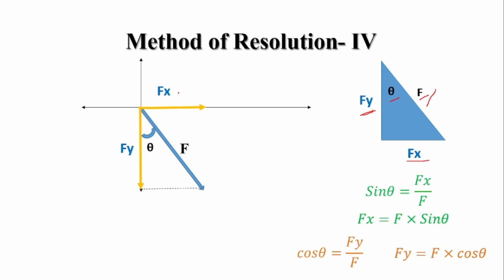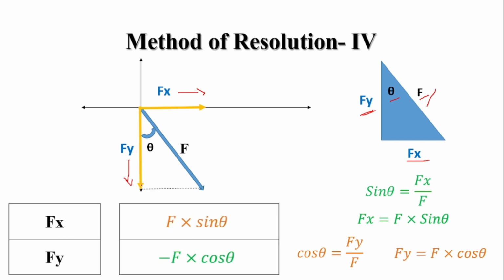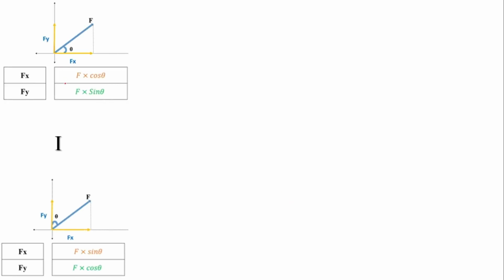Now think about the sign. This is towards right, so positive. This is downward, so negative. So Fx is positive and Fy is negative. Now we'll summarize. For the first quadrant, the values of Fx and Fy for both the combinations of theta are shown here. You can observe that the only change is cos is replaced by sin and sin is replaced by